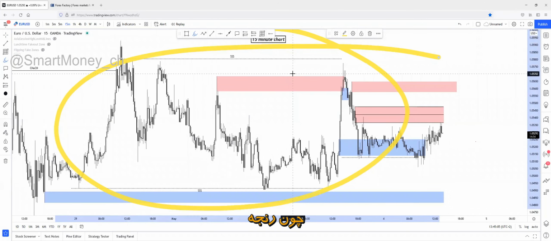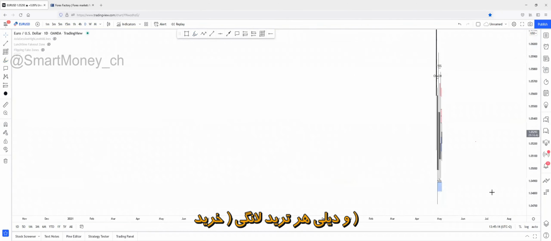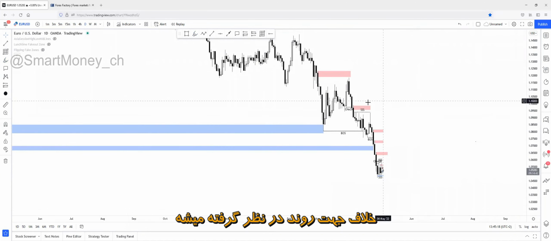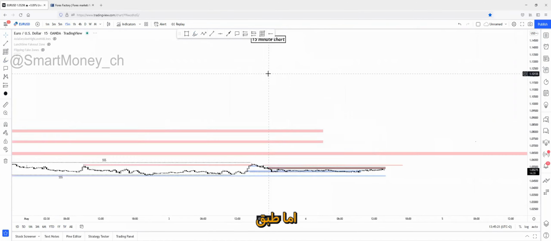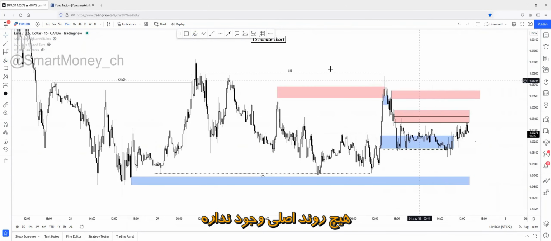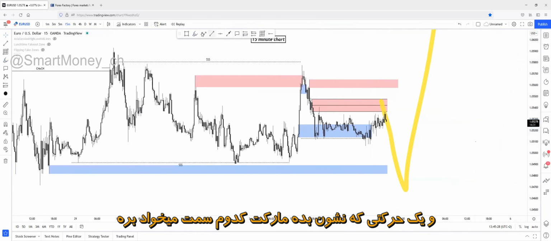ranging. But according to our plan, every single long opportunity will be a counter trend trade according to the 4-hour/daily structure. So taking any long opportunities right here at this region is considered as being a counter trend trade. But according to the 50-minute chart, there's no main trend because it's just ranging. So we need to see a clear sweep of any kind of liquidity and a clear decision of where price will head.